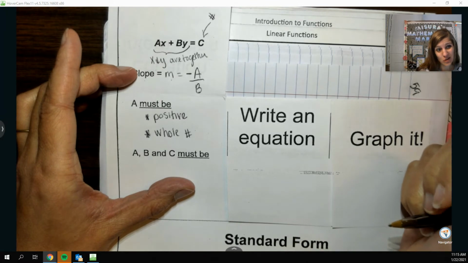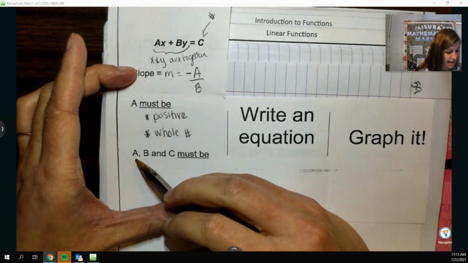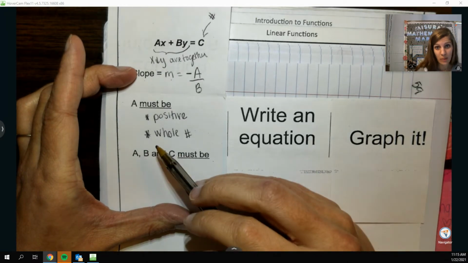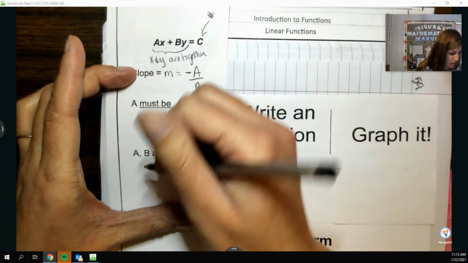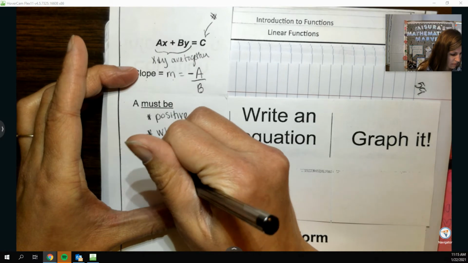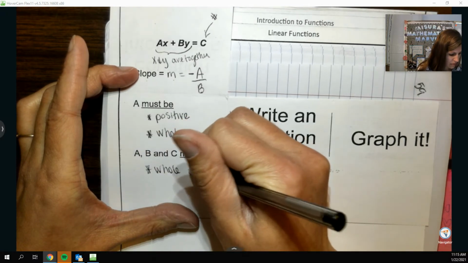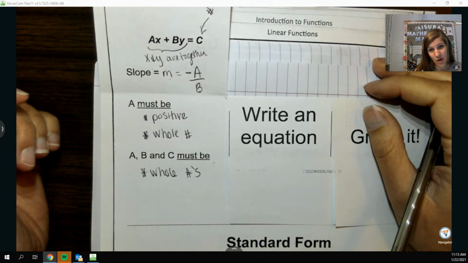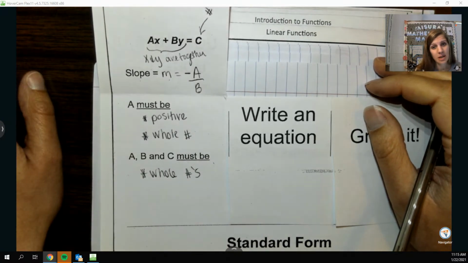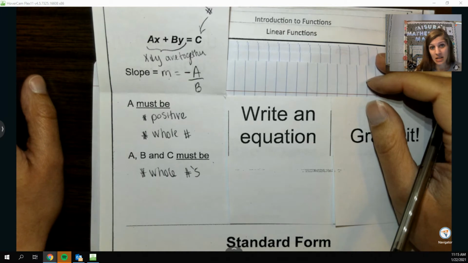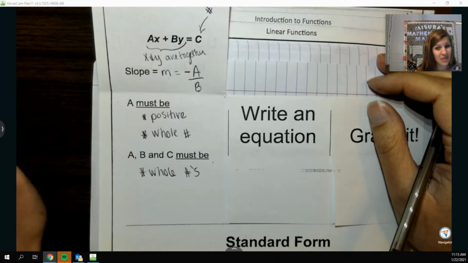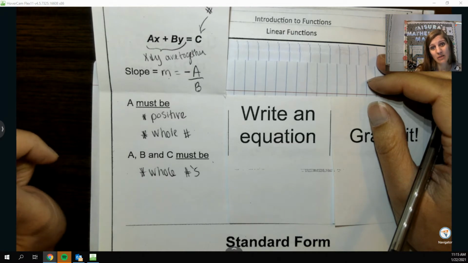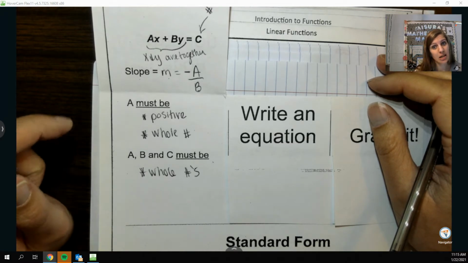And that's kind of true for all of them. So down here I said that A, B, and C must all be whole numbers. So no fractions, no decimals allowed. Which is kind of nice, because, I mean, nobody likes decimals. Gross. Fractions are nice, but to not have to deal with them is even better. The problem is they don't often come that way, so you have to change things so that there aren't fractions